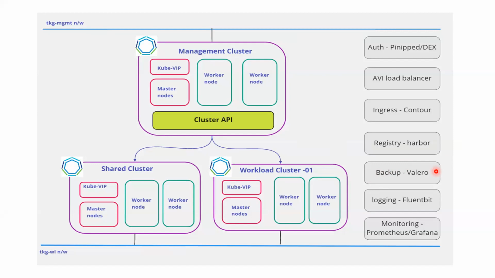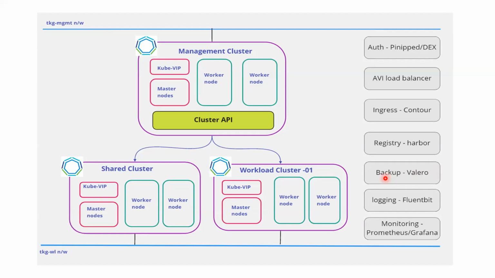So in case there is a crash on your cluster and you need to restore the configuration, you can use Velero. You can either deploy a new cluster and just restore the namespaces that you want, or in case you feel you need to reconfigure the entire cluster based on the backup, you have an option for that as well. And then we come to the logging part.